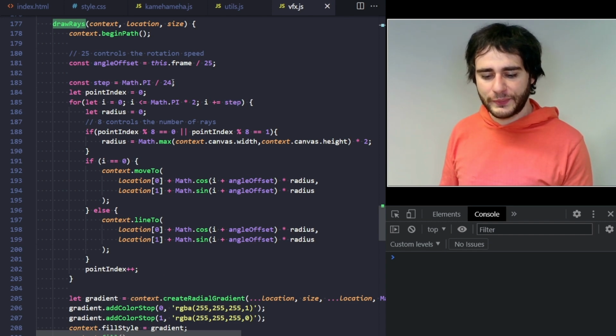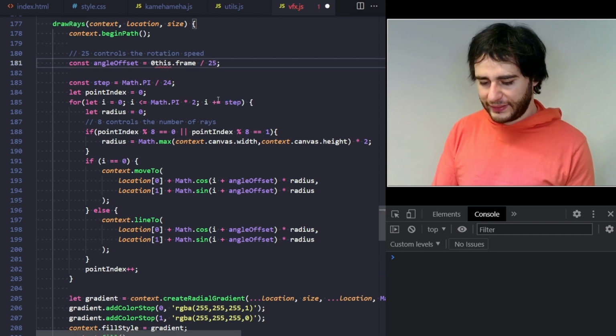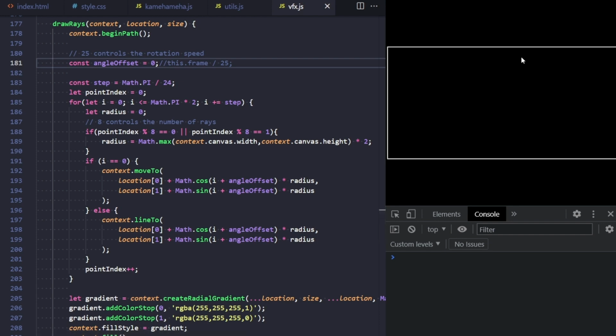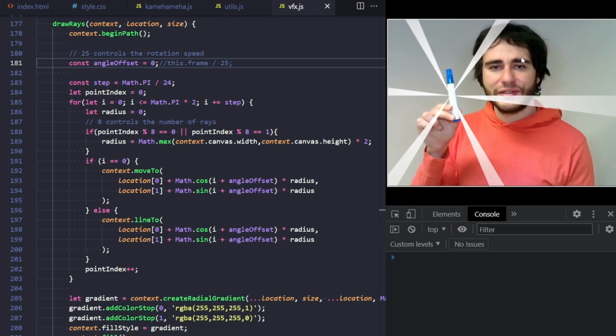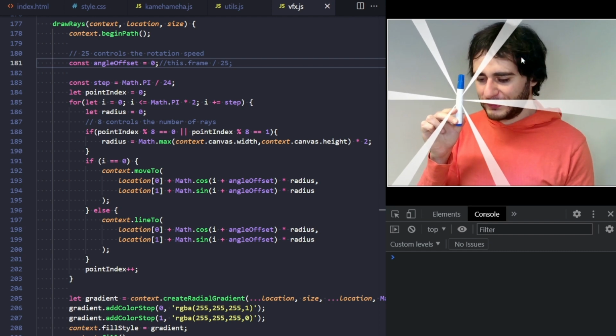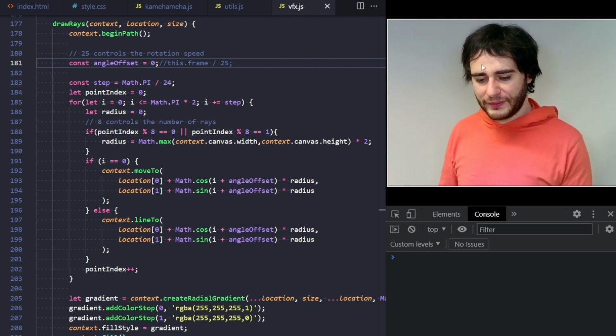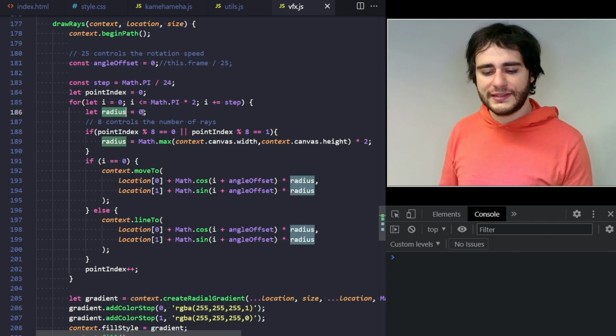So again, a small step, it kind of looks like a circle. Let me actually comment out this angle offset and set it to 0, because the non-spinning rays are much easier to explain. So you just go in this circle and you say use a radius of 0, but sometimes